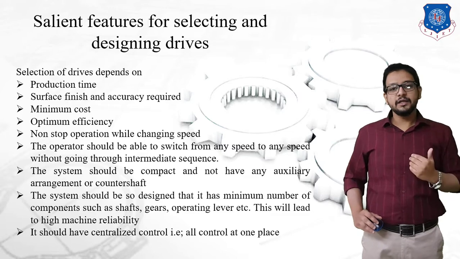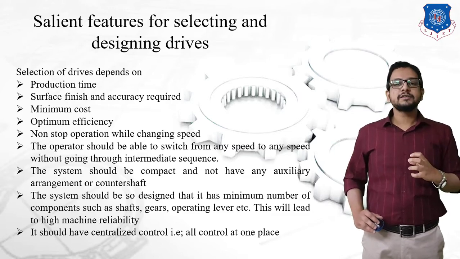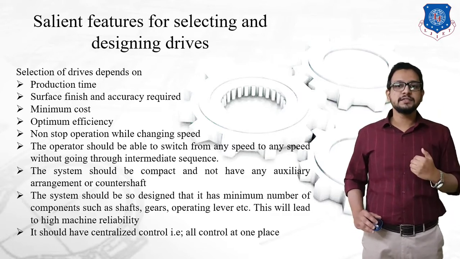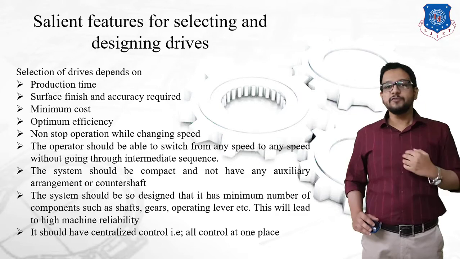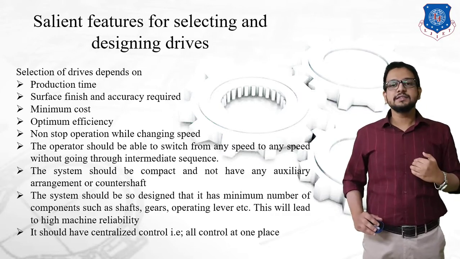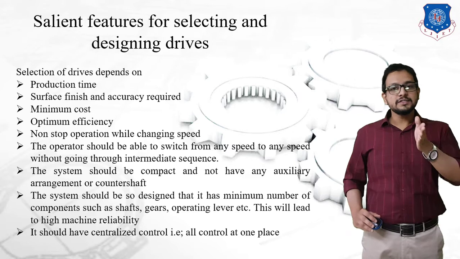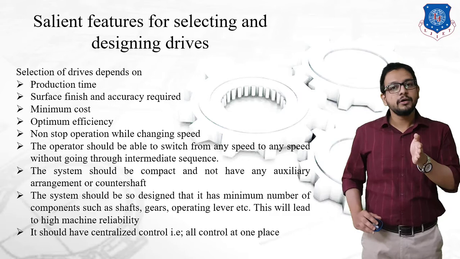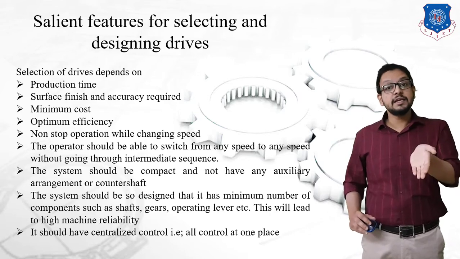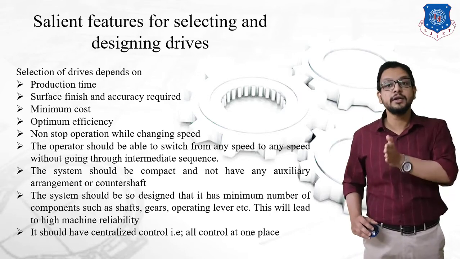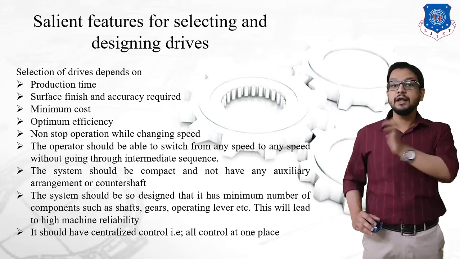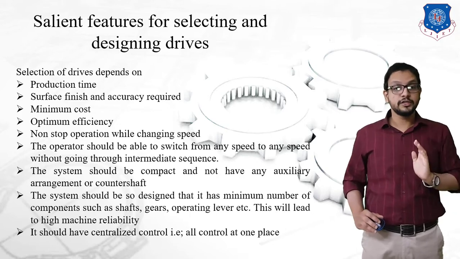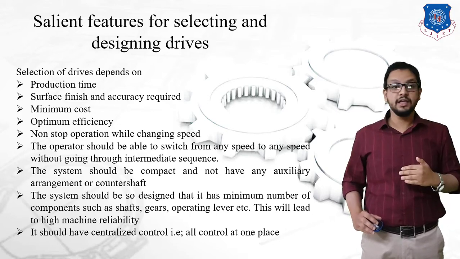So let us understand by taking an example that a machine tool has a speed in an interval of 500 rpm. Okay, let's say the initial minimum speed is N1 = 1000 rpm, the next speed is 1500 rpm, and then N3 is 2000 rpm. So what does this indicate? That whenever an operator is required to move from 1000 rpm to 2000 rpm, it should be easily shifted without going to the intermediate speed, that is about 1500 rpm. Directly a speed change has to be provided from any speed to any speed. Okay, so this is the most important criteria before designing the drives.